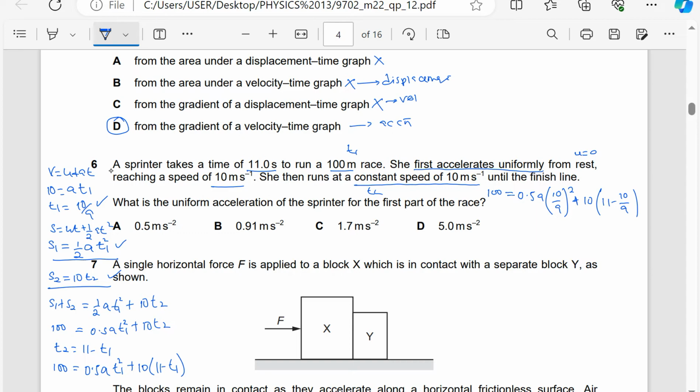So this is going to be, I want to solve this very fast. Okay, so this is going to be 100 equaling 0.5 times 10 squared over a squared, so one a cancels, so this will be times 100 over a plus 110 minus 100 over a. So if I multiply everything by a,